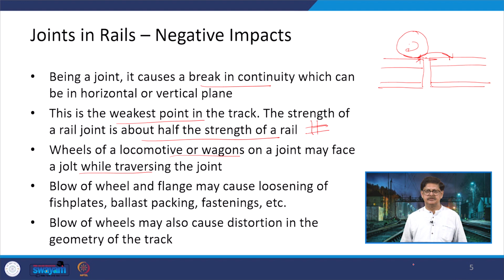So, you must have felt that when you have traveled in a train, some sort of a small jerk comes, and that small jerk may be coming at the locations where the joints have been provided. Now, blow of wheel and flange may cause loosening of the fish plates or the ballast packing or the fastenings,